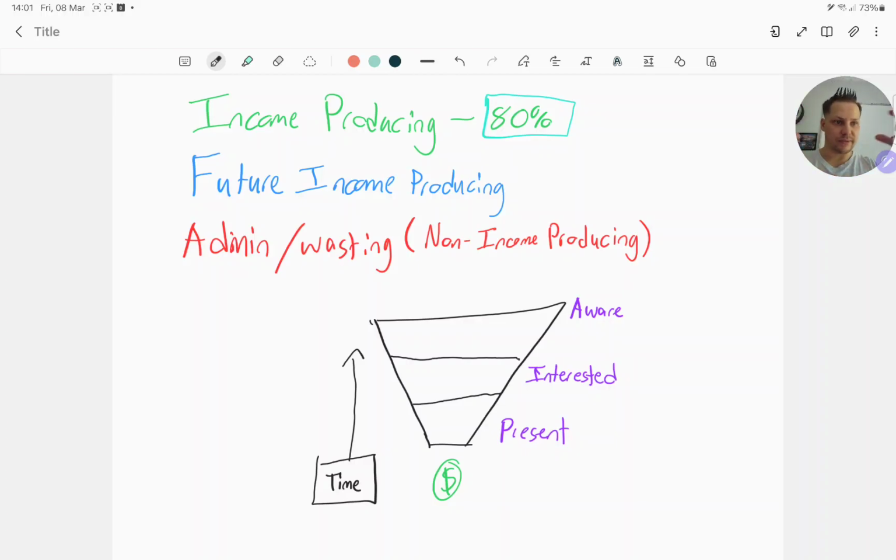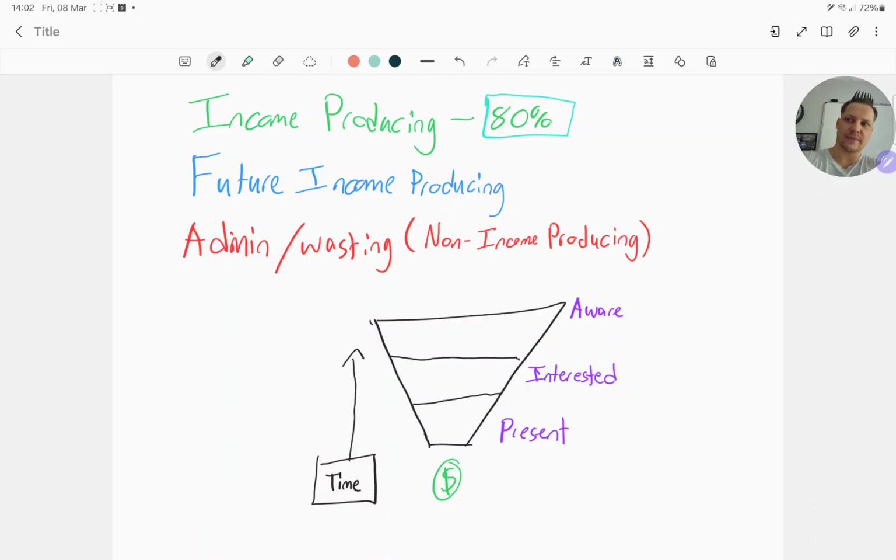When we've covered the bottom of the funnel and the first little section of it, then we'll move into the interested parties. We'll find out from them what they found interesting. We'll start building rapport in this section, which is your future income producing activities. We're starting to build a relationship with the intent that later on down the line, after we've outflowed enough value and made ourselves valuable to this person, we present and then close them as well. And then obviously in awareness,